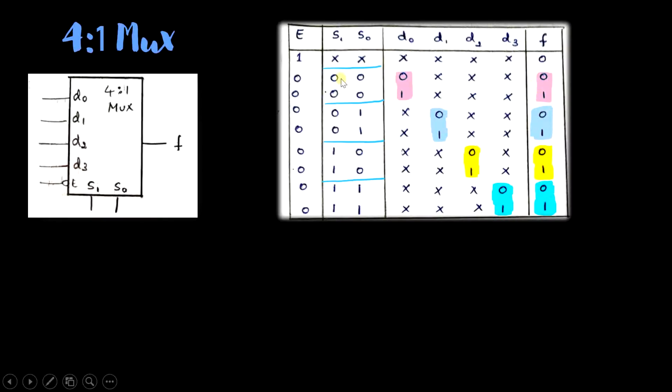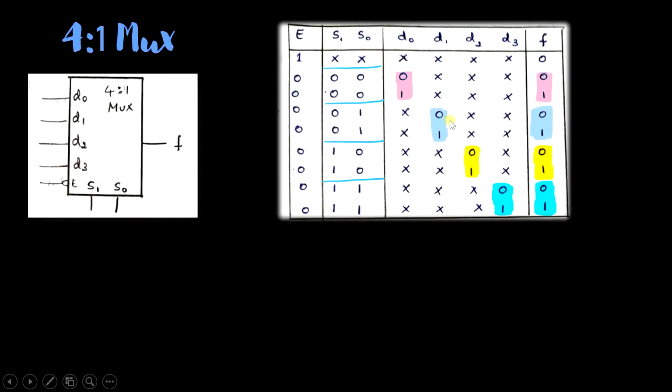For example, if the select pins are 0, 0 and at D0, that is this particular line, you have a 0, then the function output F will have a 0. If it has a 1, the output function will be 1. For a combination of the select inputs to be 0, 1, the output will be D1.